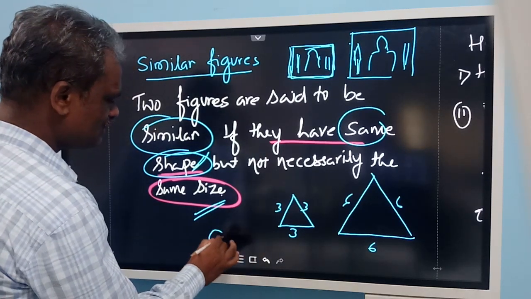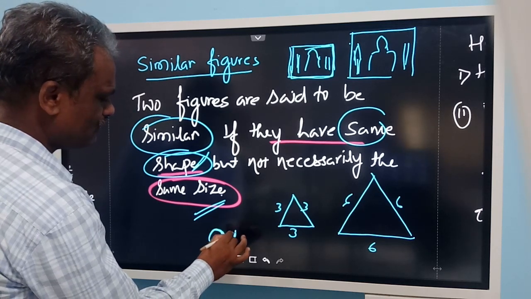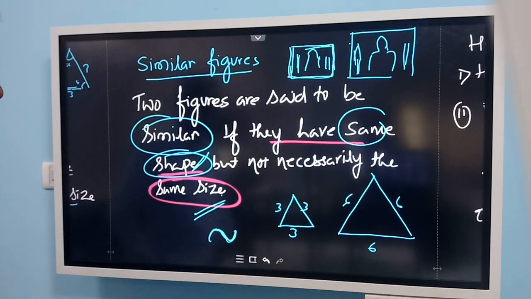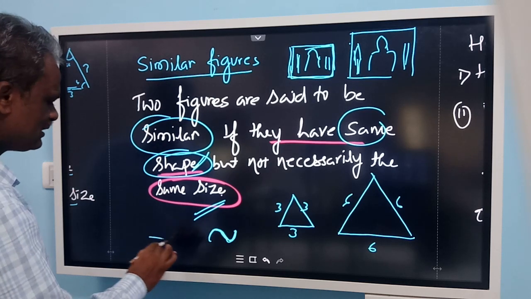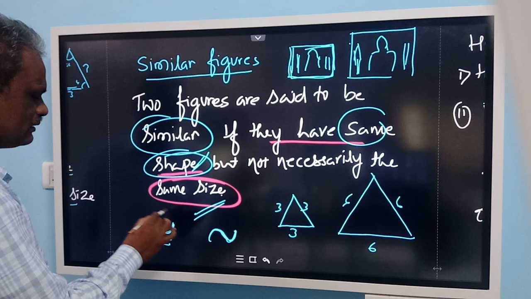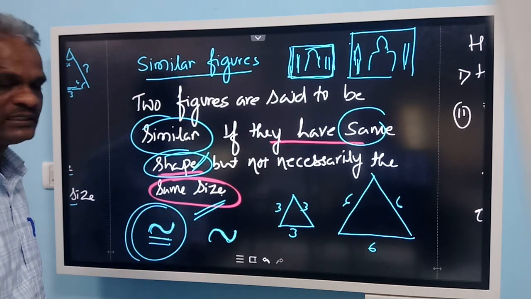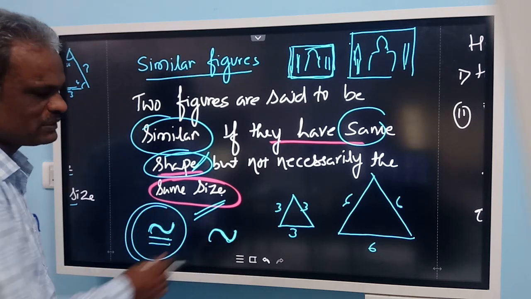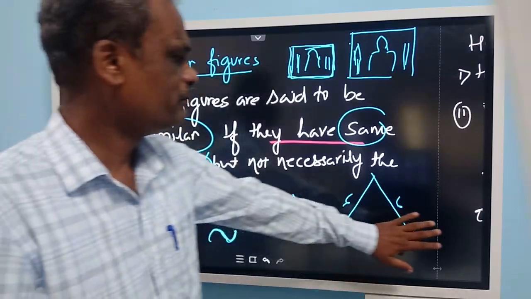The symbol we use to represent similarity is this one. Whereas for congruence, we use this. This is the symbol we use to represent congruency, and this is the symbol we use to represent similarity. So now,